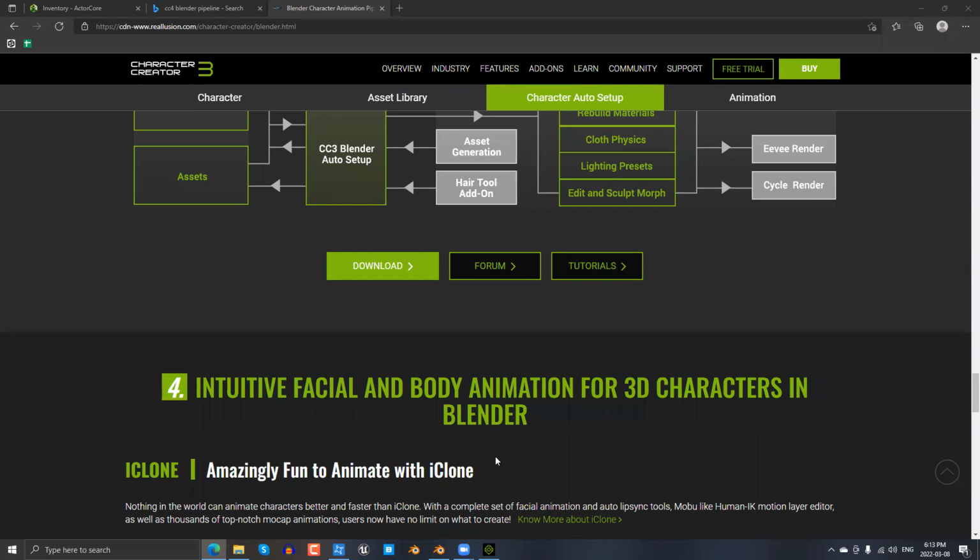Question from Daniel. In the SkinGen plugin, I was trying to put a tattoo on my character's back, but the UV map seems to have the texture seam directly in the middle of the back. In CC4, is there a way you can modify the map so I can put the back tattoos on my character? Yeah, Daniel, there's actually a way to do that in CC3. You shouldn't have that problem